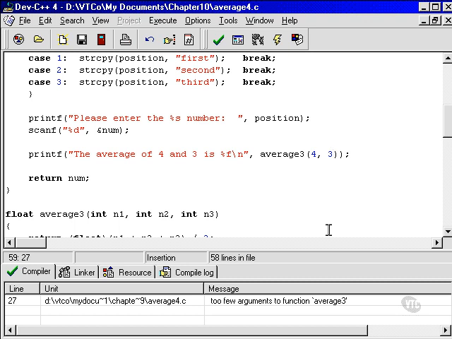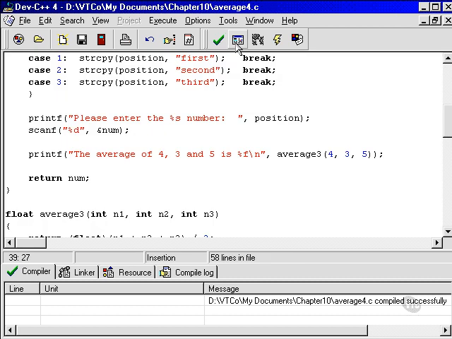So I can go about fixing it without trying to run the program, finding that the program doesn't work properly, and seeing if I can figure out why it doesn't work properly. The compiler has directed me to the exact source of the error without me having to do any thinking whatsoever. This is what prototypes are for. So now I can fix it up. I can say 4, 3 and 5, add a third parameter, and I can do this 4, 3 and 5, and now I can run the program,